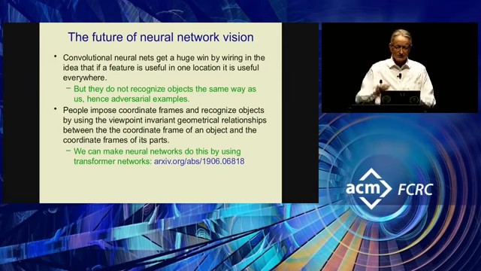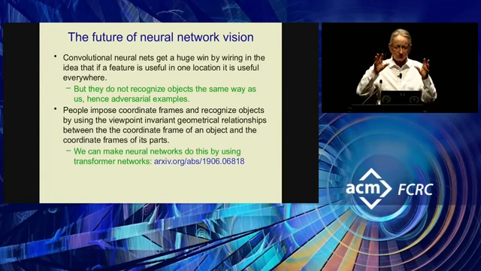And that leads to adversarial examples. So if I give you a big database, a convolutional neural net will do very well. It may do better than a person, but it doesn't recognize things the same way as a person does. And so I can change things in a way that will cause the convolutional neural net to change its mind, and a person can't even see the changes I've made. They're using things much more like texture and color. They're not using the geometrical relationships between objects and their parts.